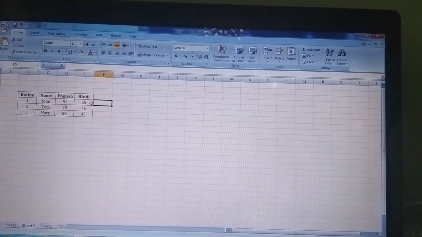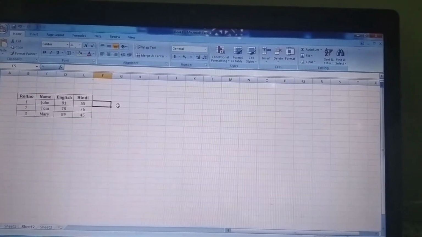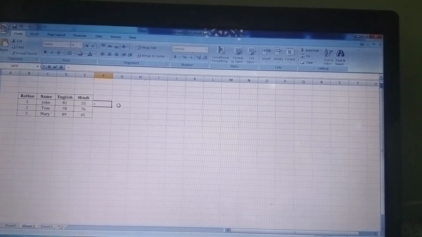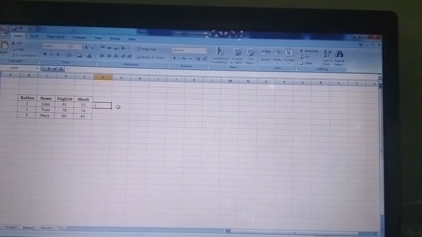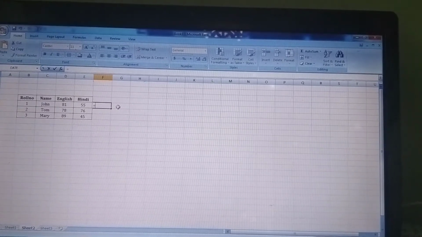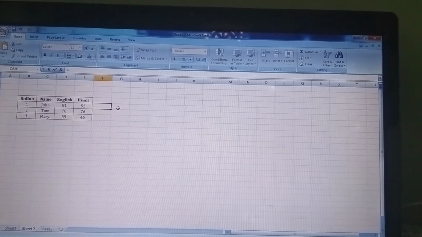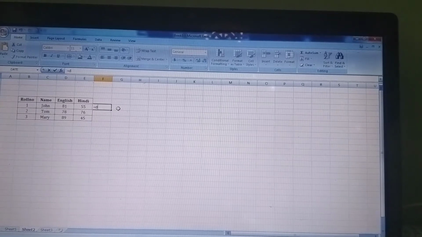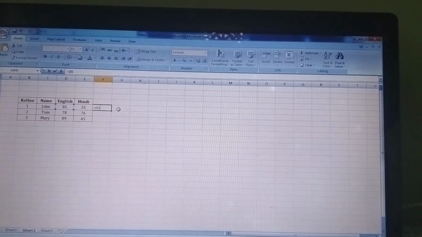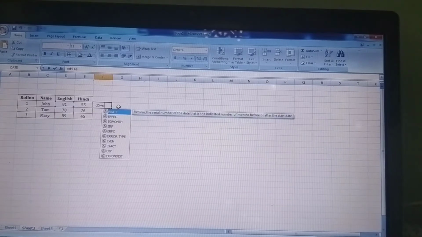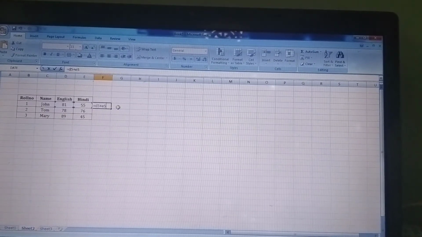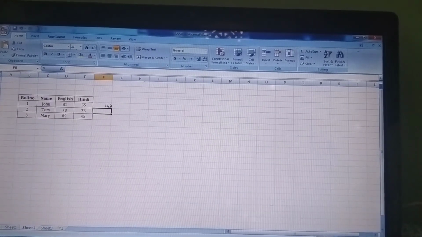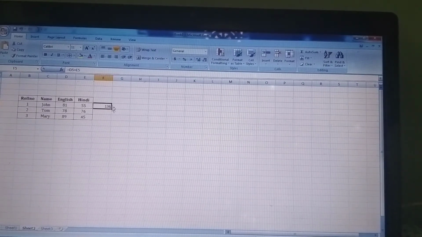So if I want to calculate both these cells, what I will do, I will write equals to, and suppose that I have to do addition. I have to add here. So I will write equals to, D5 plus E5. After writing the address, I will press the enter key. You can see the total has been done over here. This is the formula and the total has been done.